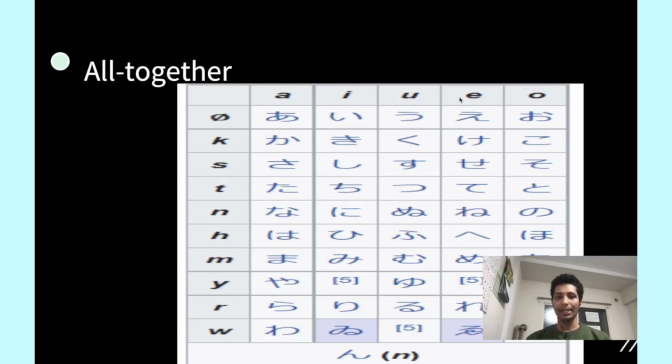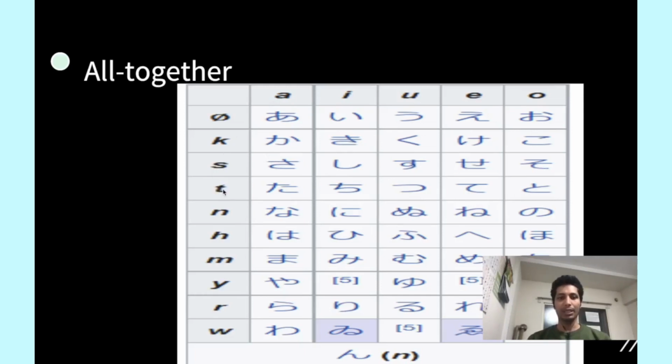This is a line, and corresponding to this you can see a, i, u, e, o. And then there is a ka line that I earlier explained. So K and A become Ka. So this is Ka, Ki, Ku, Ke, Ko. Then this is a Sa line. S and A become Sa. So Sa, Shi, Su, Se, So.